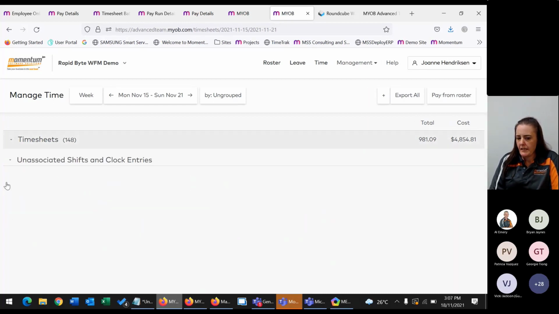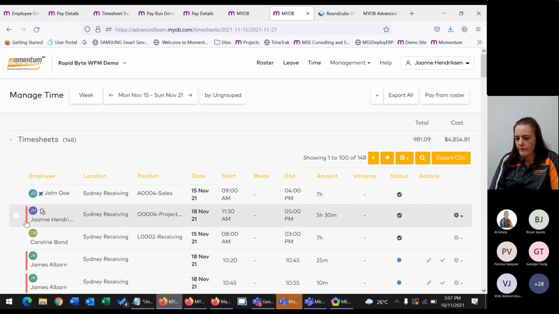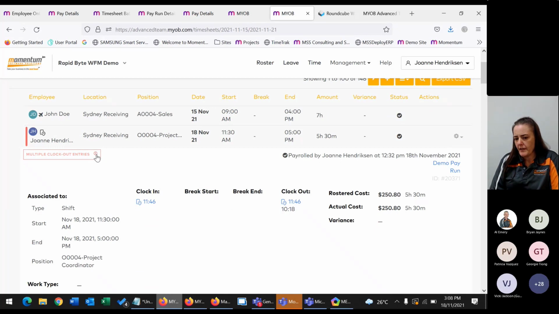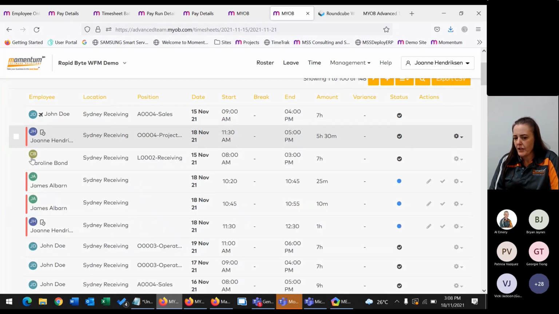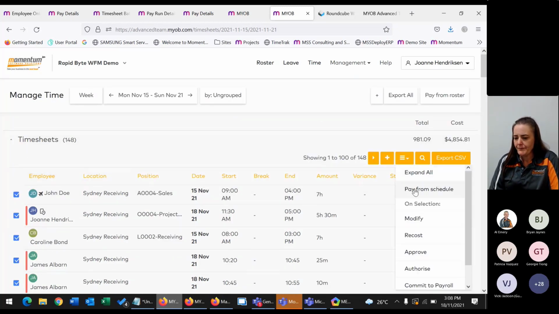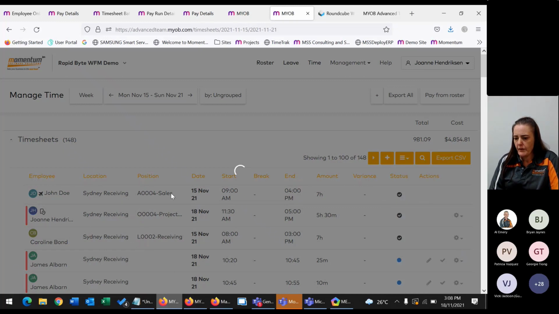So you can see these entries here that have a red line. If we click on that, you'll see that I have multiple clock in and clock out entries. So that would be a little bit of an alert for the person that's doing the payroll. In a normal system where people are clocking in and out regularly, you would have that as a blocker so that somebody had to go in and say what was the correct time that the employee worked. But for the sake of our demo, we've let those go through. So we can approve all of those time entries.